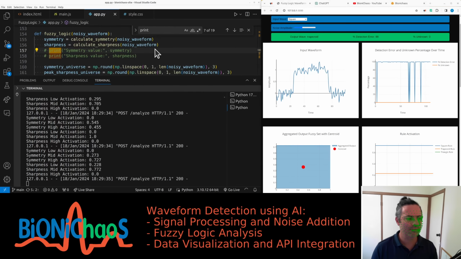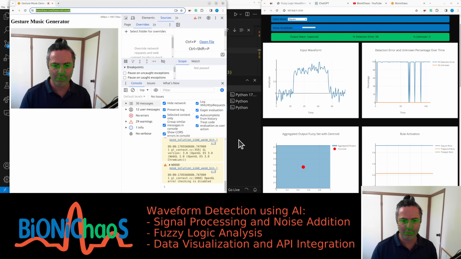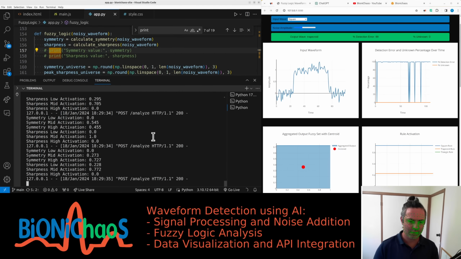Oops. Should have done that. Yeah, now it's still running in the background, because if I minimize the window, the camera stops working. So let me know if you tried it, have any questions, and I'll jump straight into the waveform detection using